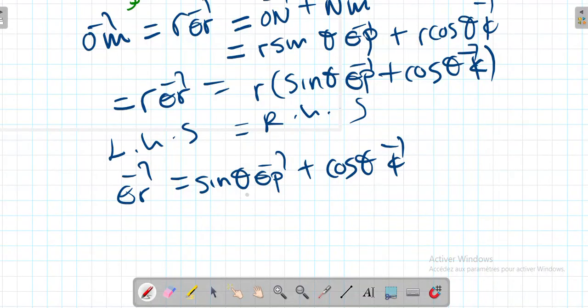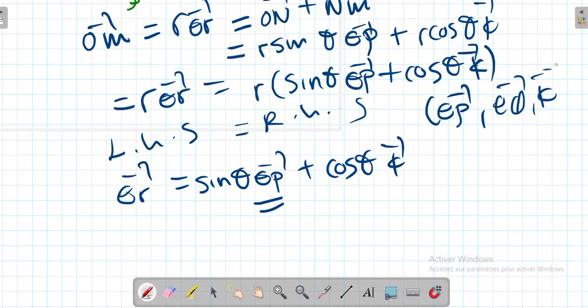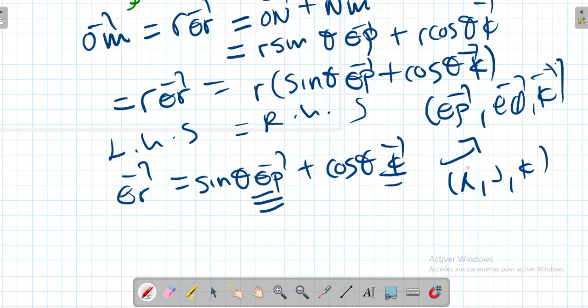As you can see here, the cylindrical coordinate system from my previous video uses E rho, E phi, and K. So the expression we found here is the expression of ER in the cylindrical coordinate system. Why am I saying the cylindrical coordinate system? Because we're using E rho and K, which are the base vectors of the cylindrical coordinate system. Now our job is to convert ER into the Cartesian coordinate system, that is with the bases I, J, and K. Once you find an expression of ER as a basis